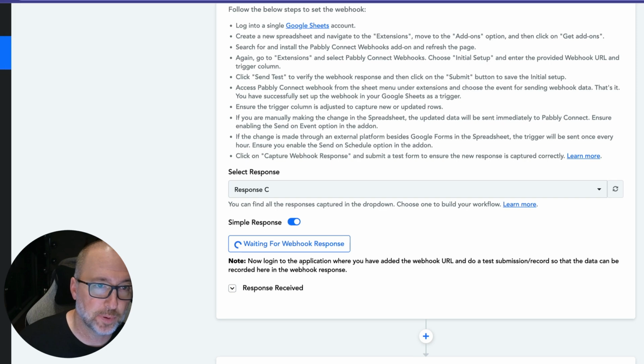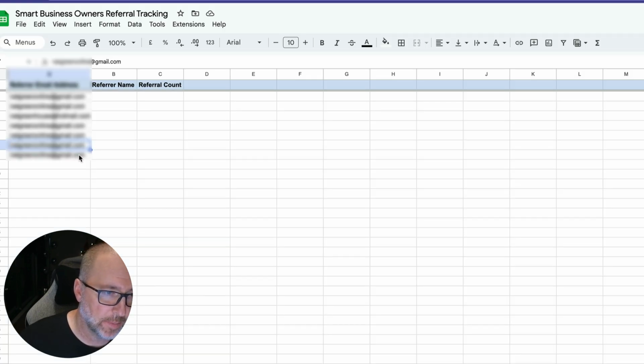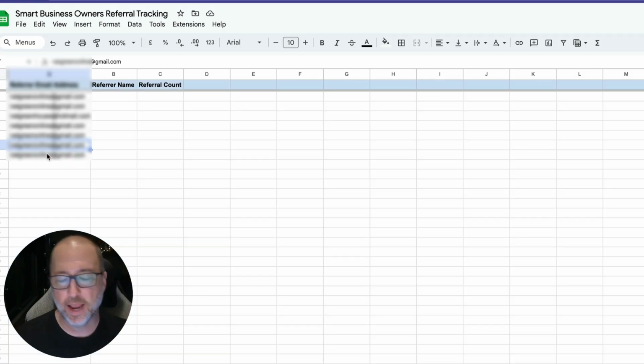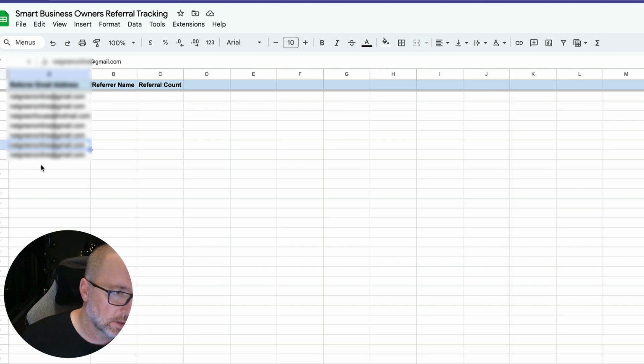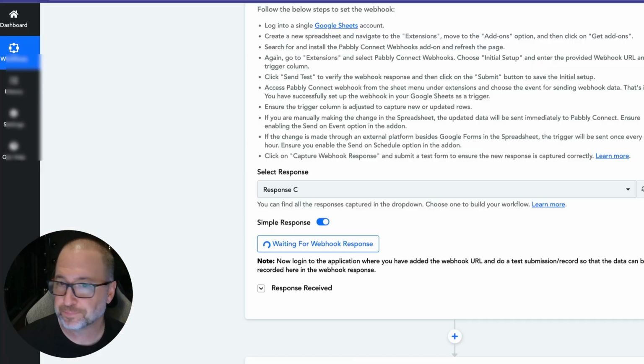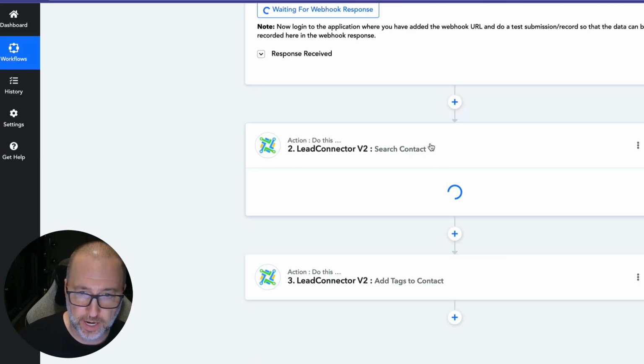And basically it's just pulling in this. So every time that somebody refers a new contact, the referrer email ID is placed in there, right? So of course, these are just all my tests. And then from there,